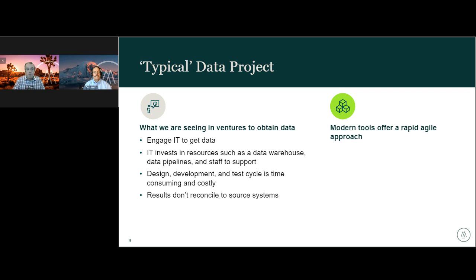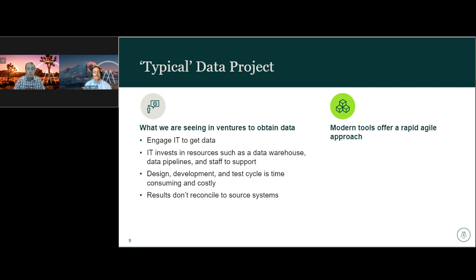In a typical data project, the challenges we see in obtaining data are, obviously, we have to work with IT, whether that's connecting to a data warehouse or connecting to applications owned by IT.